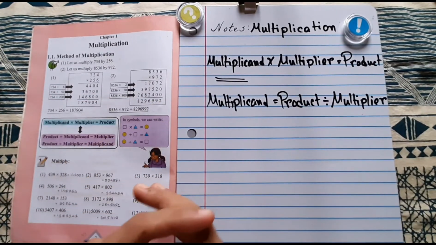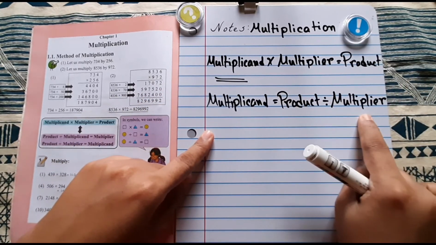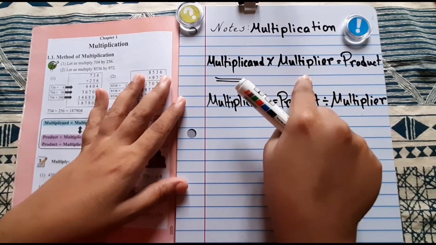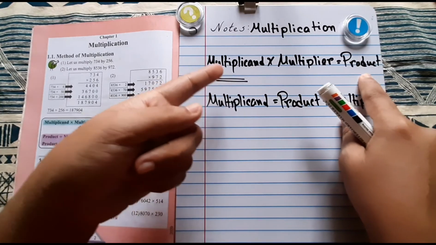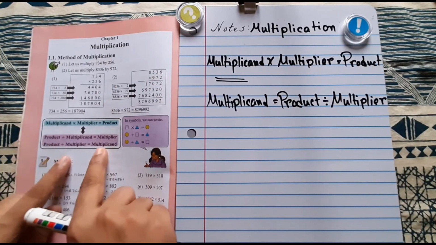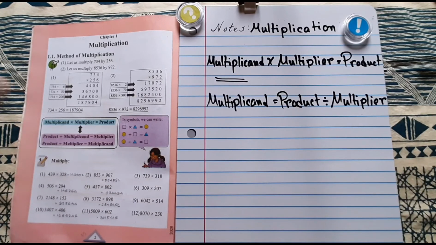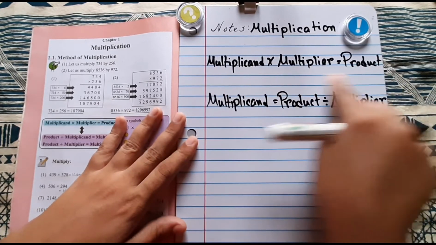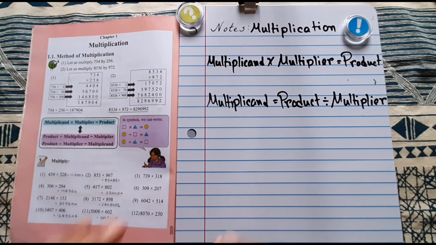I finished my writing. You can see the multiplicand, and I am changing its side, so it will become division: product divided by multiplier. Same for the multiplier also. If you want to find the multiplier, at that time you have to take the multiplicand to the other side and it will be product divided by multiplicand. So you don't have to memorize all three formulas. No, never. We are just going to focus on one single formula. That one is this one, and we are just going to go with that one. We know how to find it out, correct?